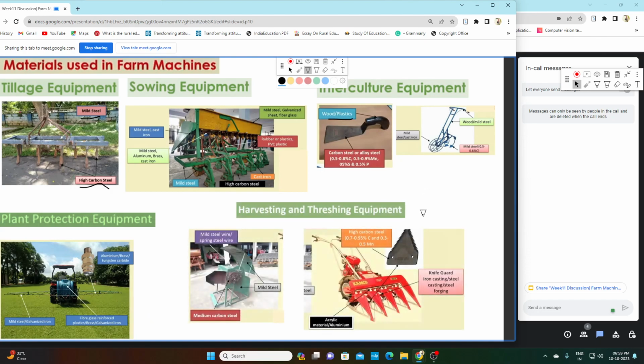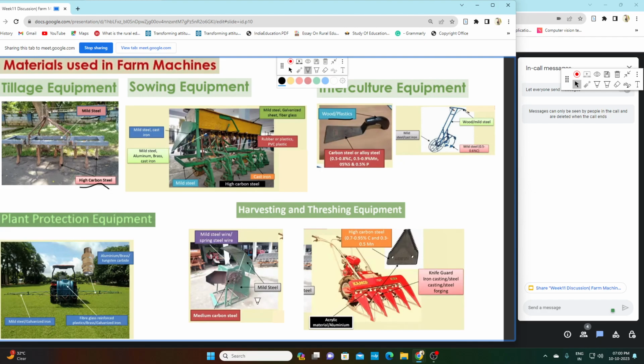Now harvesting and threshing equipment. So this is our harvesting equipment. In harvesting equipment, this knife is made up of high carbon steel. The body of the vertical conveyor reaper is made up of aluminum material, and the knife guard, the guard which is above the knife, is made up of iron casting, steel casting, or steel forging. And about threshing equipment,